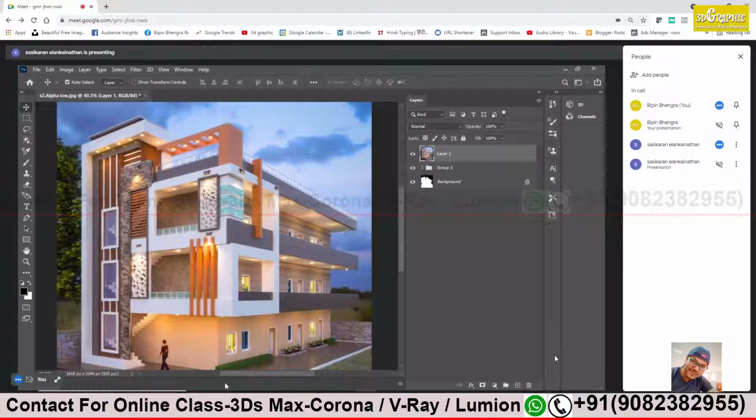But this is very extreme, very eye catching. So we have to reduce this a little bit, because this is not looking realistic. This is very interesting but not very real. So you can decrease this to 70% or 60%. Go to opacity, reduce it to 60% or 70%, a little bit increase, 70%. Now turn on and off the eye icon, see the difference?